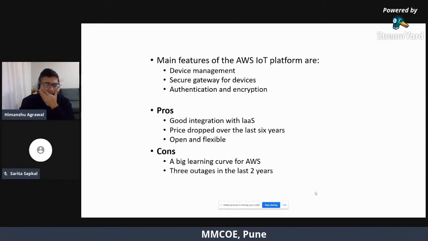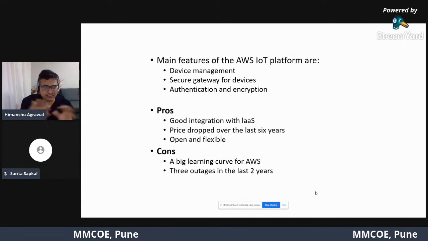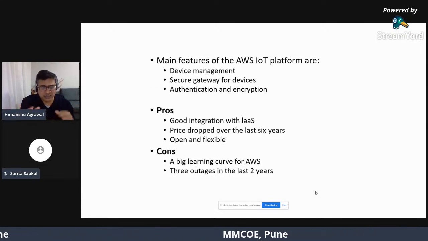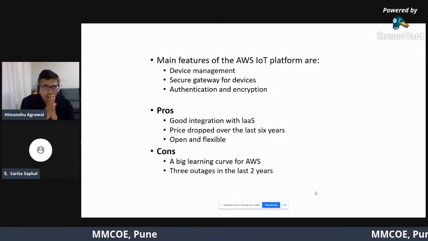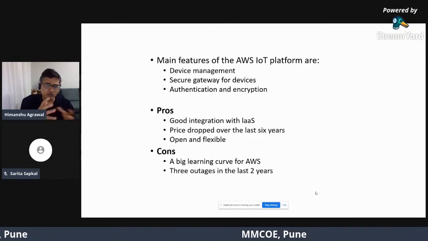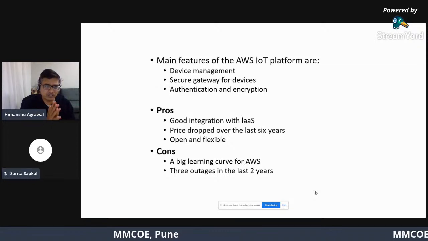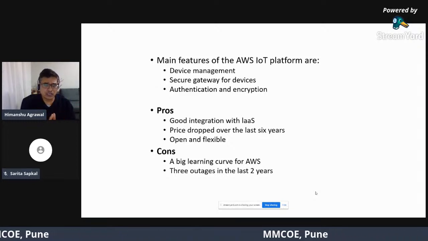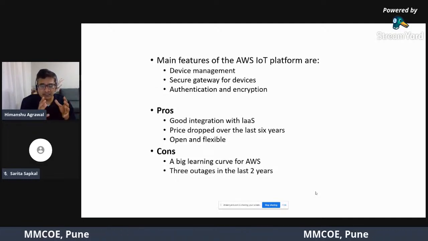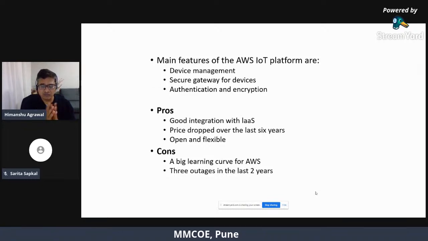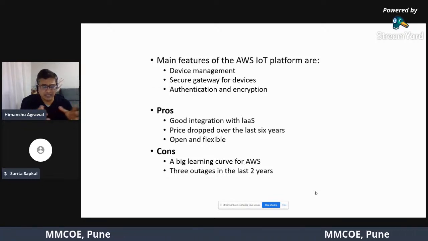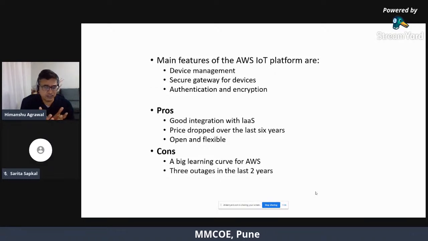Similarly, you can have data from various other sensors and things, and you can work on that data. You can see that the AWS platform is quite popular because it provides you authentication, encryption, right? Good integration with infrastructure as a service. The most important thing with the AWS platform is that it is really cost effective and very affordable. It is quite popular among researchers in universities and in research labs as well, right?